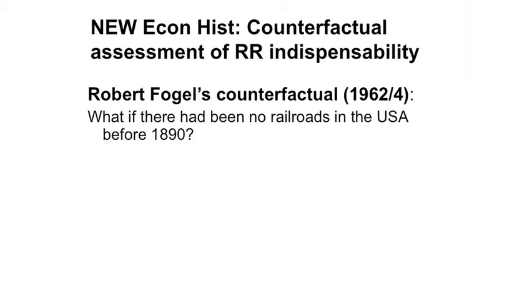So the new economic history started off with a counterfactual assessment of the railroad's indispensability, and the most interesting work is done by Robert Vogel, who said, well, you know, this sounds like it's okay, but really, do we know that it made such a difference? Why should we believe that it made such a difference? What if there had been no railroad in the US before 1890? And he set about trying to measure the effect, if there had been no railroad in the USA before 1890,